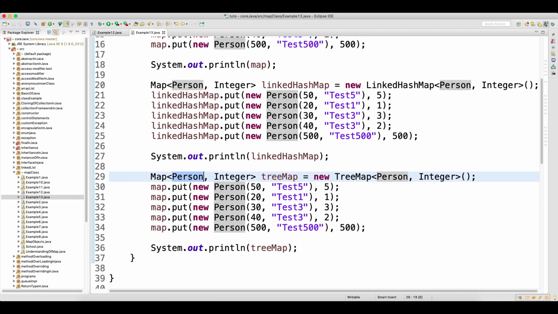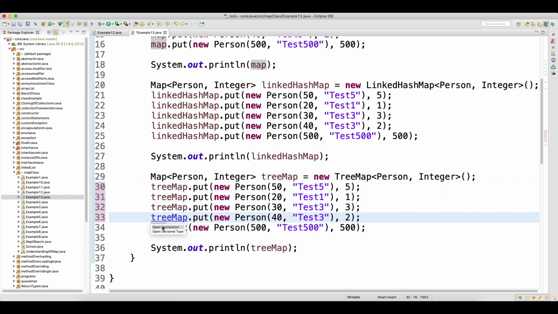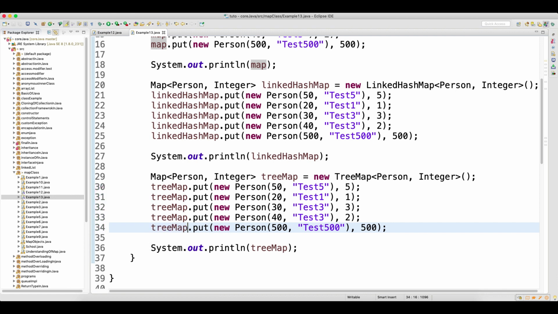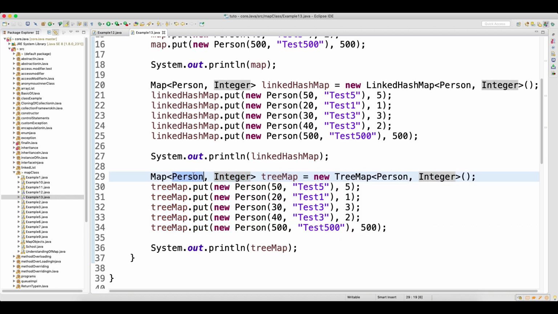Earlier this map was integer and person, and still the error was not coming here, because the reference we are using is map. Even before, when we modified the tree map, it was not giving the error. Now if you look at the reference in the tree map, your key is person object and value is 5. If you go and change it here to integer, you will get a compile time error. You can see that, right?